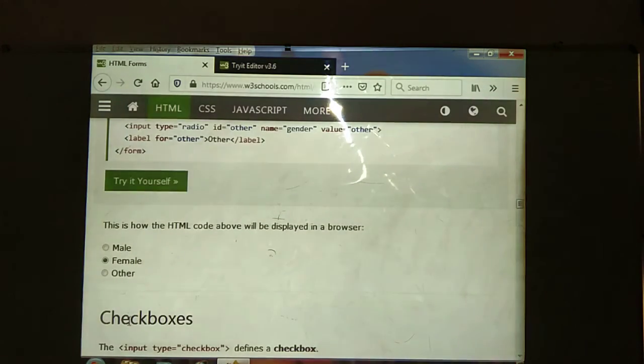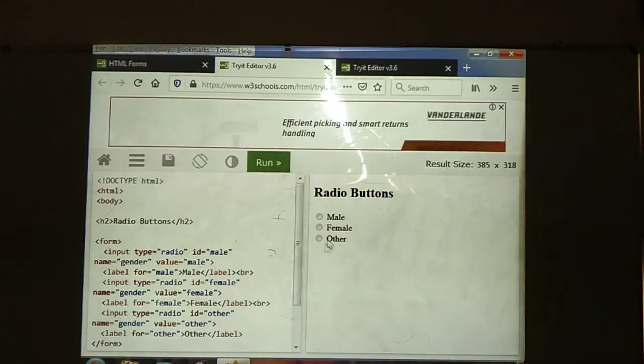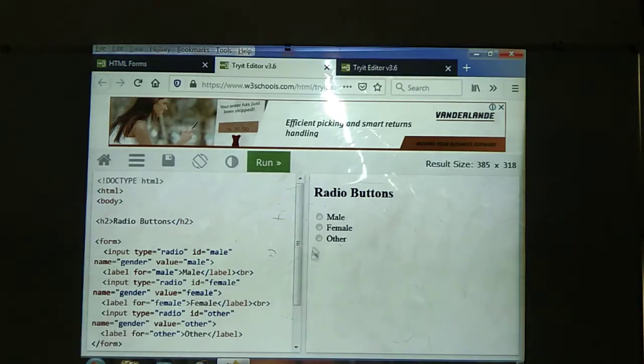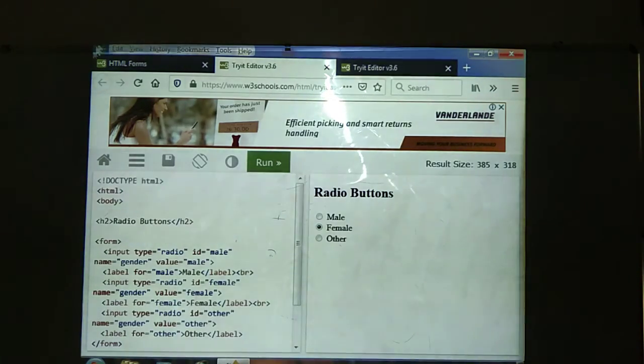Here we need to select female. Like that we need to select. We can see the example also. This one is the example of the output on the web browser screen. It should be displayed like that. In that, in the 3 radio buttons, a limited number of choices are there, 3 limited numbers. In that we need to select only one option. That is the use of the radio buttons.